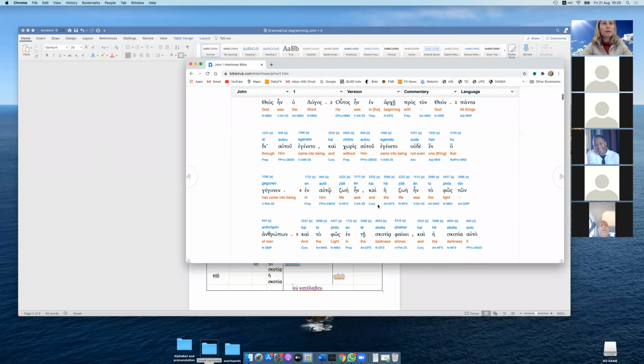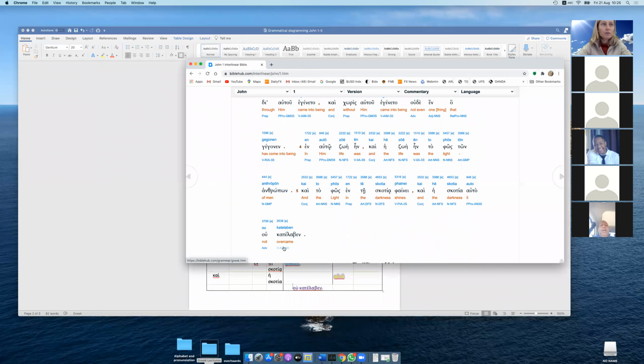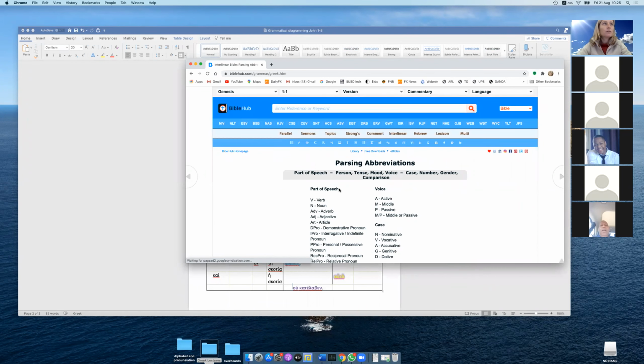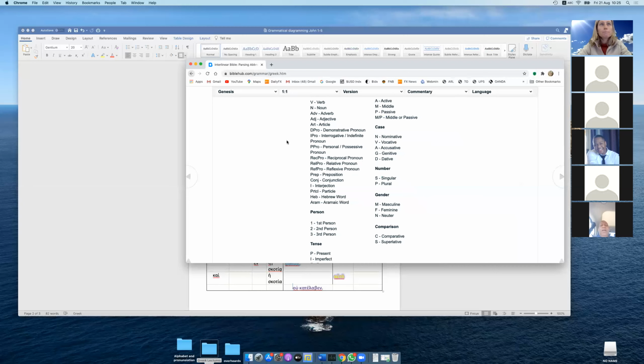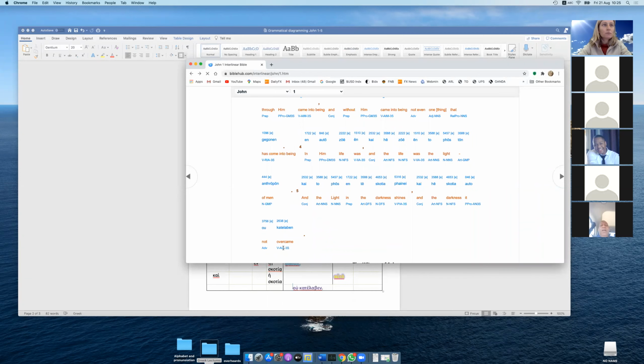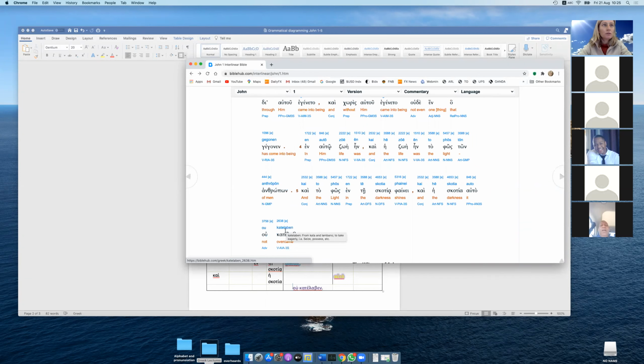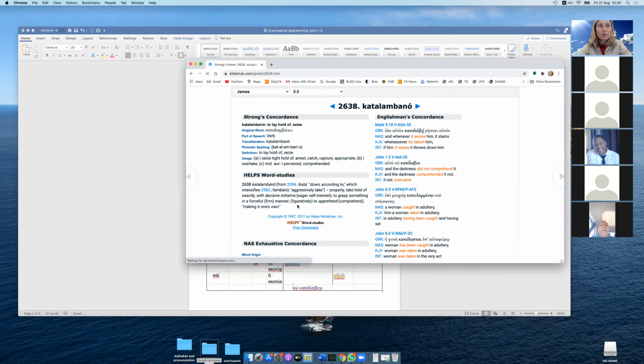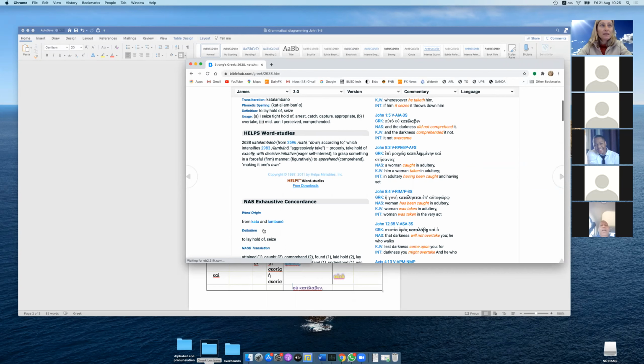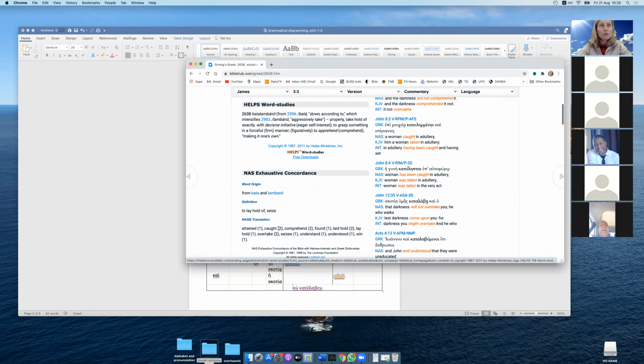Bible Hub, and we're coming to verse 5, katelaben, something I want to show you. Okay, not here. Okay, not there. Okay, katelaben. So the word katelaben, let's do the word study. Katelaben means to overcome, to attain, catch, find, lay hold, overtake, seize. And there's another meaning of understanding or comprehending,